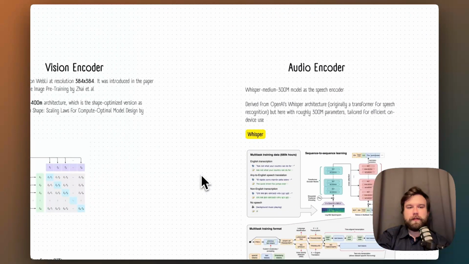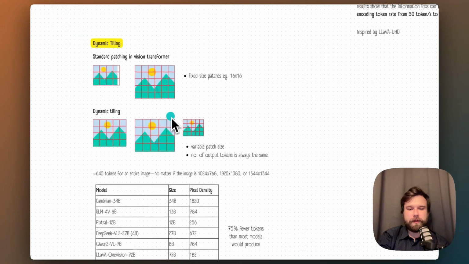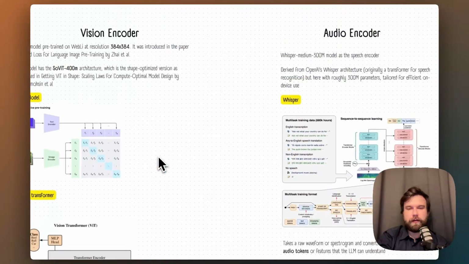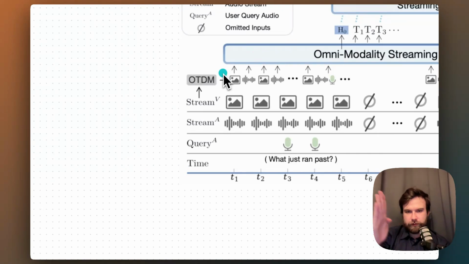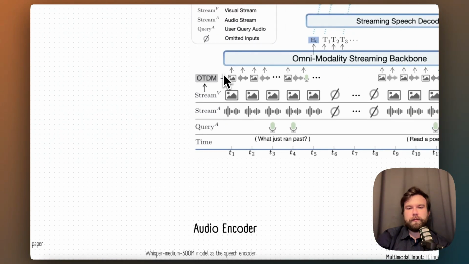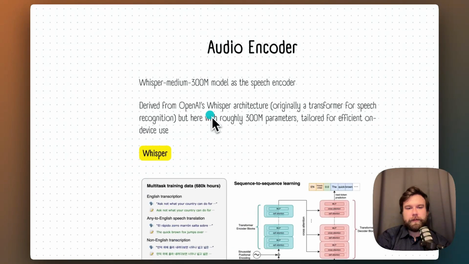Then we have the audio encoder, right? So maybe just to sum up, at the end of this process, so going through the image encoder, we have those embeddings, right? Those vectors representing the image that are fed to the LLM, and then the LLM analyzes this generally in the same way as it would text. So how do we represent audio? In audio, they used the Whisper Medium 300 million parameter model as the speech encoder,